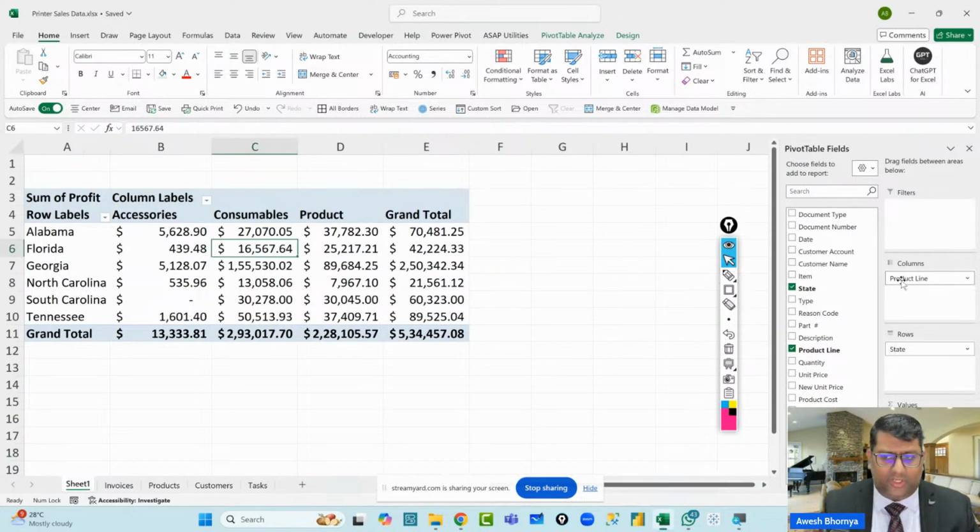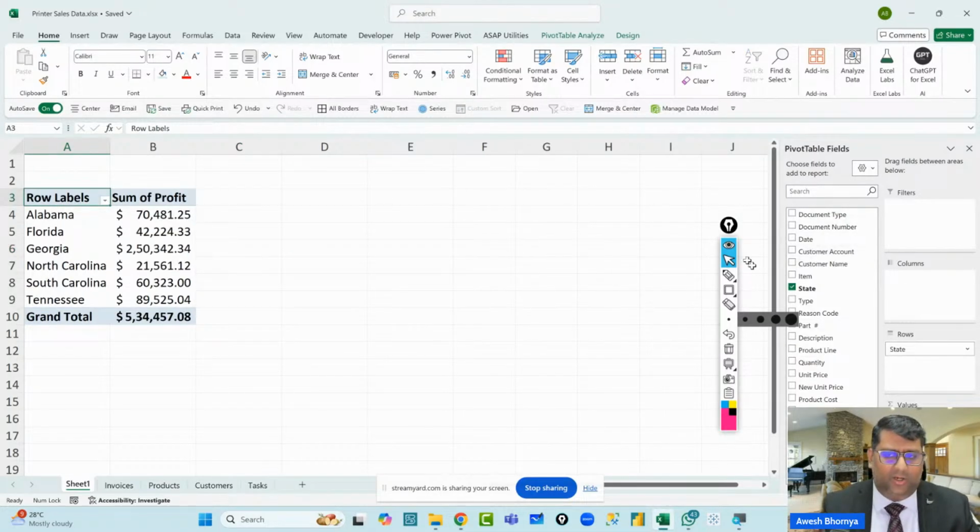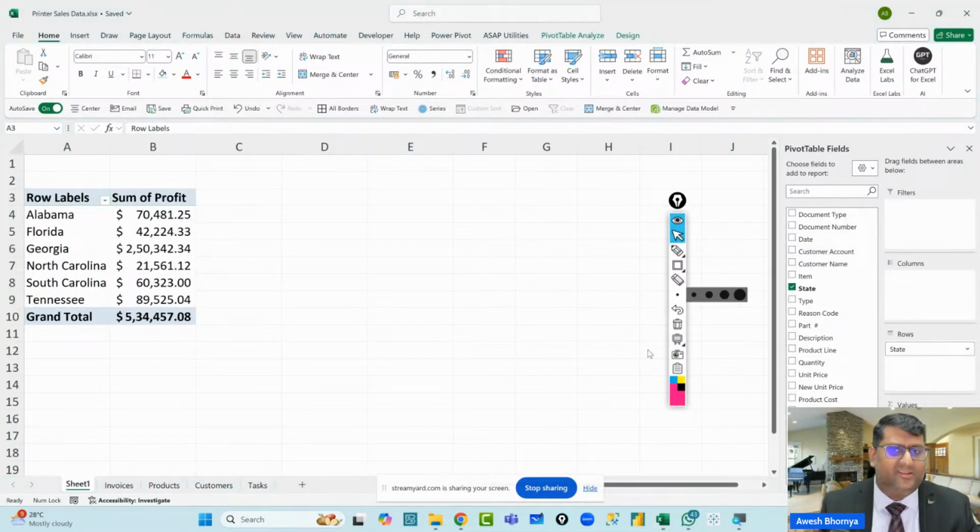Now what I do is, because I've got my product line into the columns, I'll just pull it out from here. And now you would be wondering, where is the month column. So can you see, do I have a month column in the table here in the report fields? Do I have a month column here?